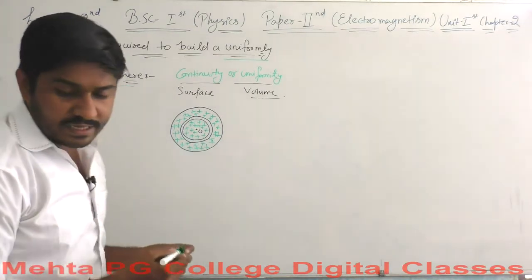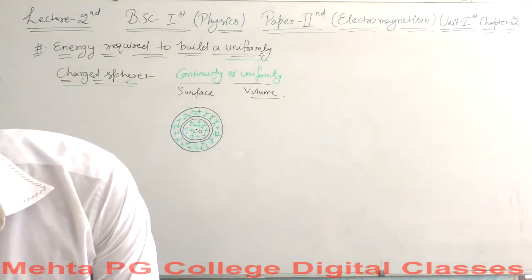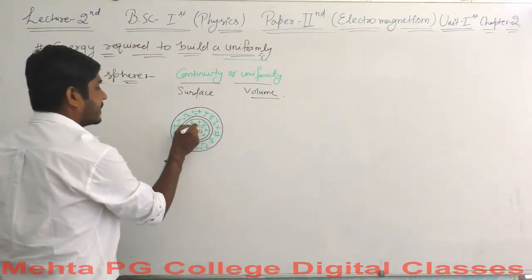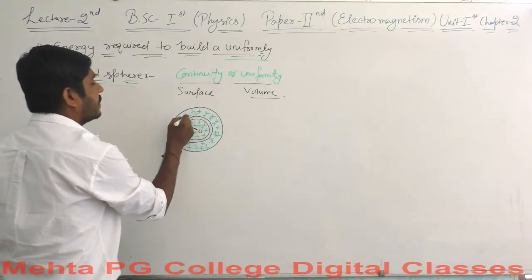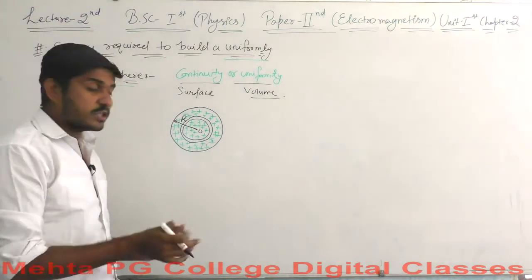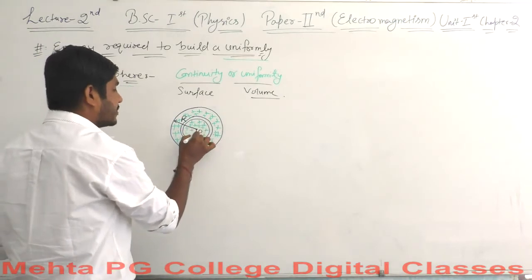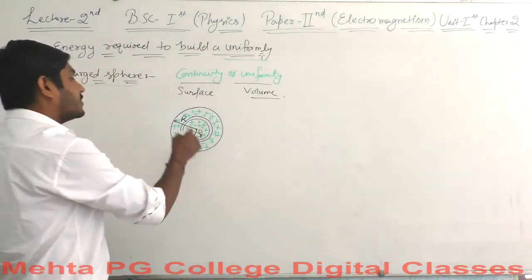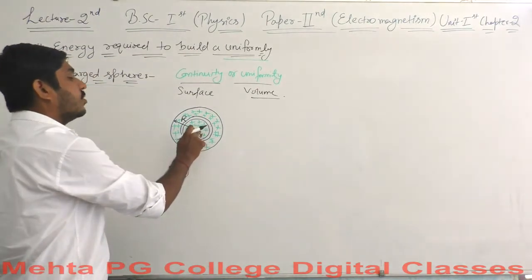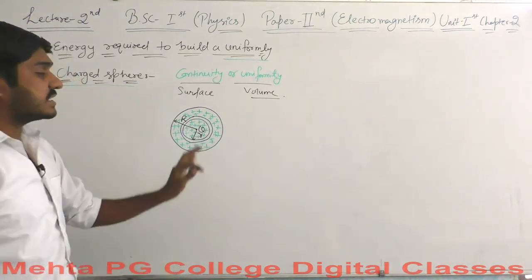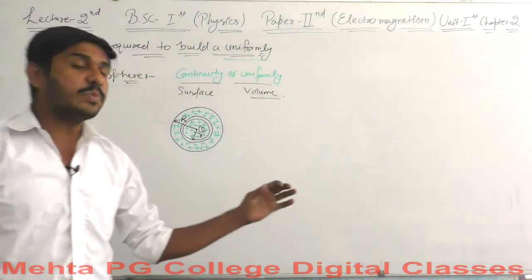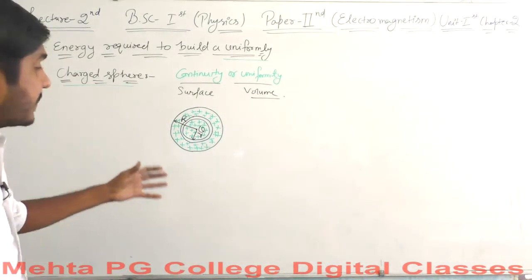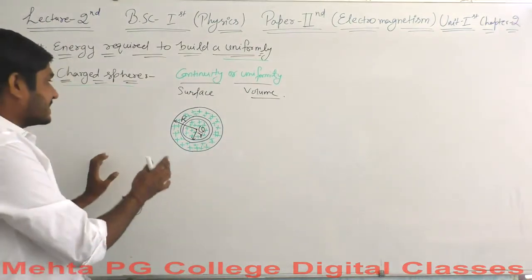Okay, so this is the sphere, and we have a sphere of radius capital R. Capital R is the radius of the whole sphere, and we consider a small spherical shell inside which is of radius small r, and let's say the whole charge within the sphere is capital Q. So this is the whole charge distributed within the volume of the sphere. Sorry, the sphere is not so good looking, but it is something to consider.